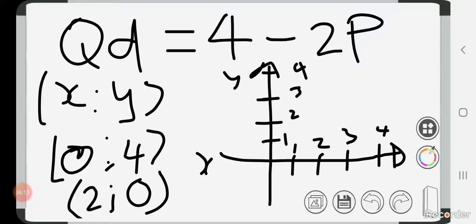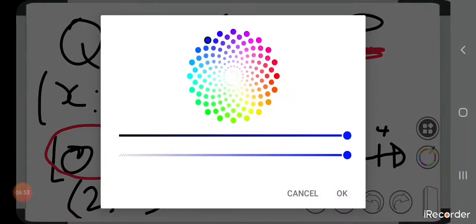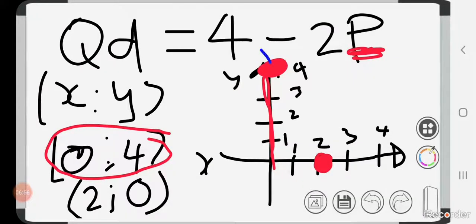Now, if we are saying we have a coordinate that if x is 0, which is p here, then y is 4, we're talking about these coordinates, right? So x is 0 here, and then y is 4, so that's where they meet, right? And then x is 2, y is 0. This is where they meet, because y is also 0 along those axes, right? That means that our graph